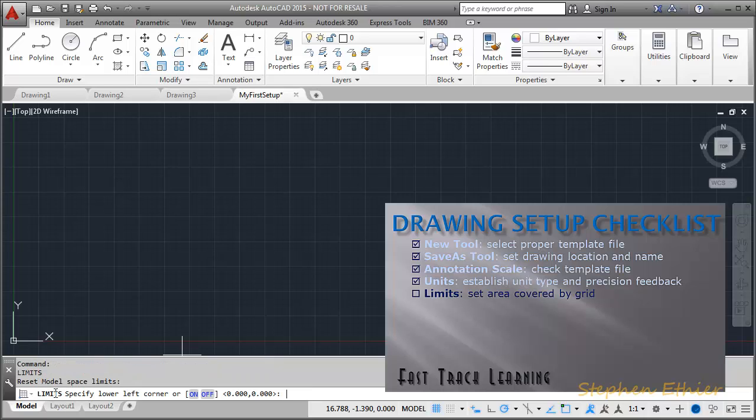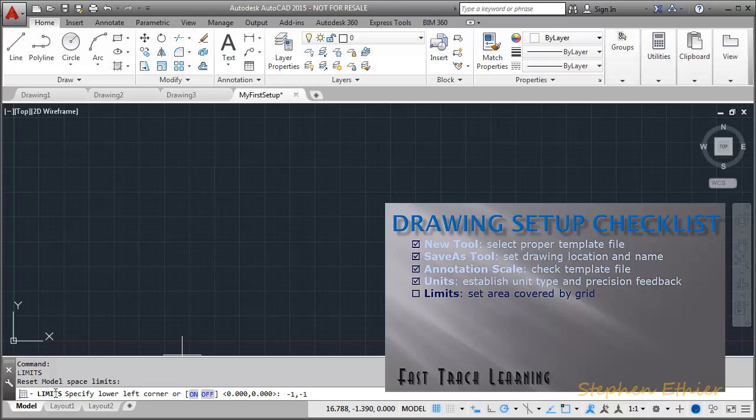The first set of numbers represents the lower left corner of a rectangular area. In our case, we want the lower left corner to be at -1 in the x-axis and -1 in the y. Notice how AutoCAD already has a default value of 0, 0. When AutoCAD presents you with options or values in the greater than and less than brackets, they are default or the last used. To use them again, just press Enter to accept them, but in this case, enter -1, -1